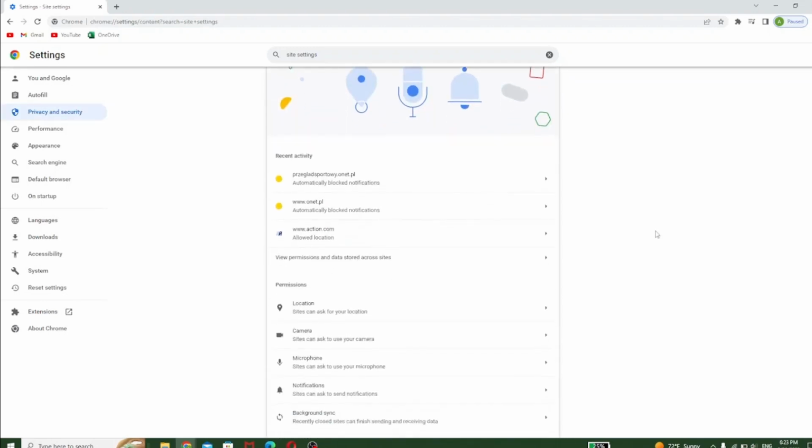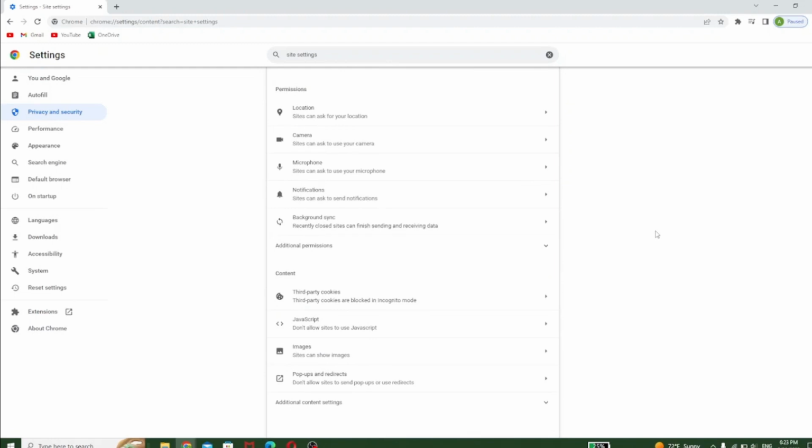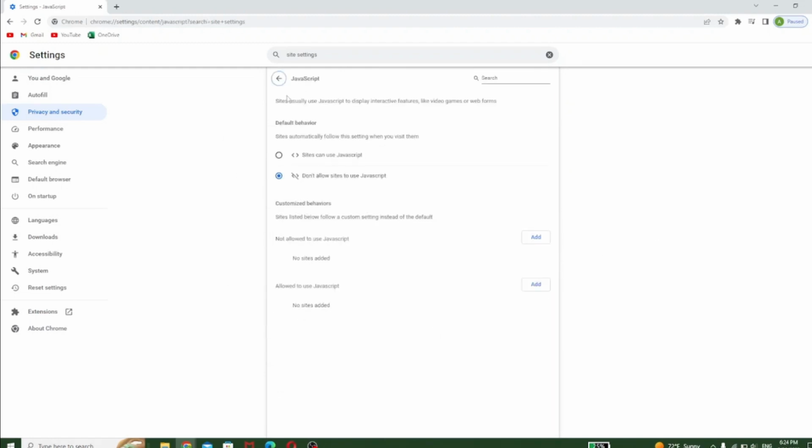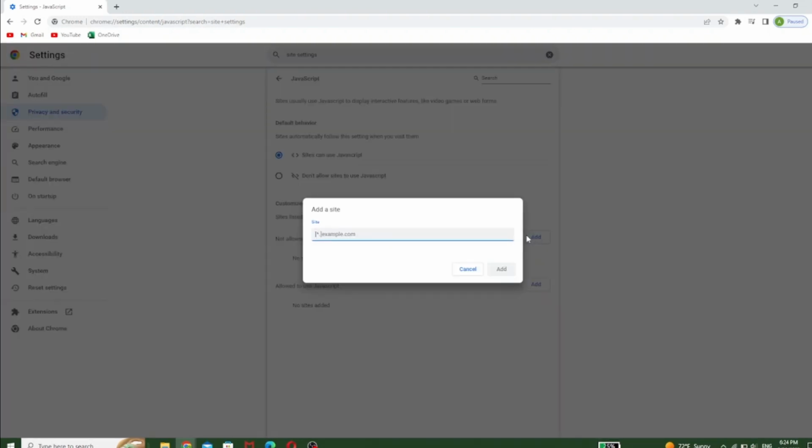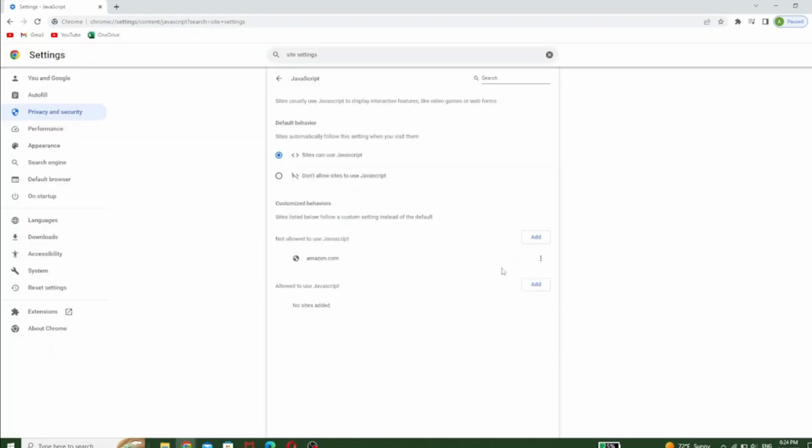Now, we need to scroll down a bit to find the JavaScript, and as you can see, it is not allowed right now, so we need to click that sites can use JavaScript, and for example, we wanted some sites to be exempt from it, so you just add, if you like, Amazon.com, and it won't be allowed to use